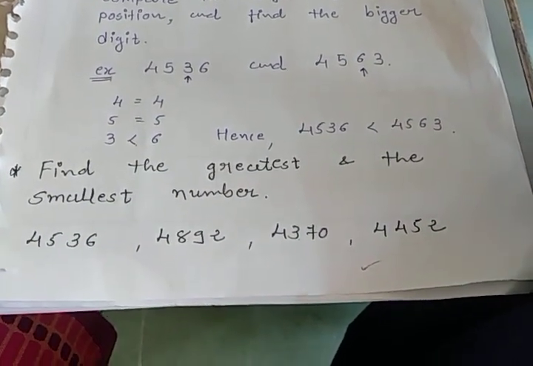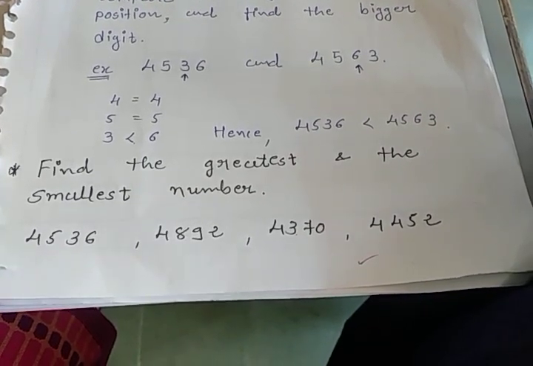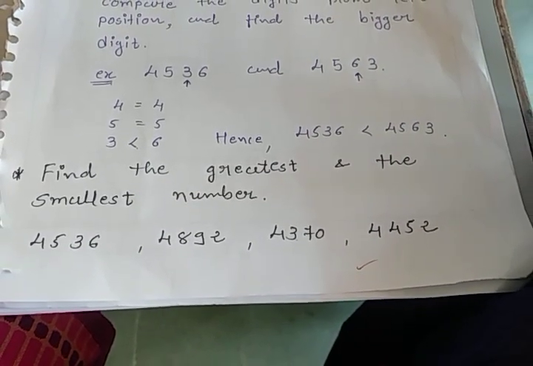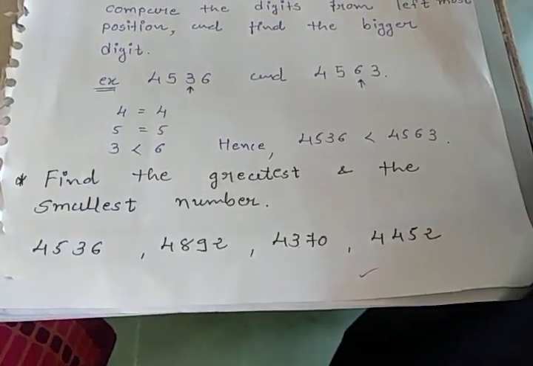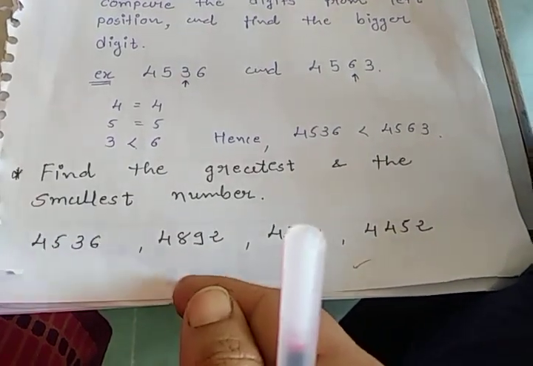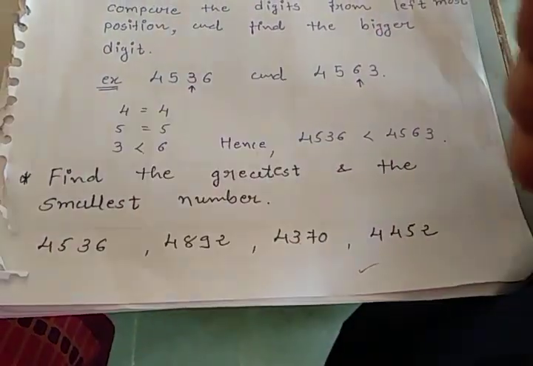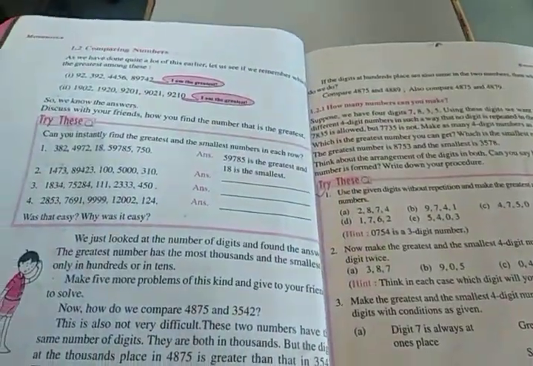Only two numbers you have to give, the greatest number and the smallest number. Clear? Okay. This question you will write in your rough book. What to write in your classwork, that I will tell you. But whatever exercise I am giving here, you will write in your rough book. Okay? See, in your textbook also they have given you the exercise.